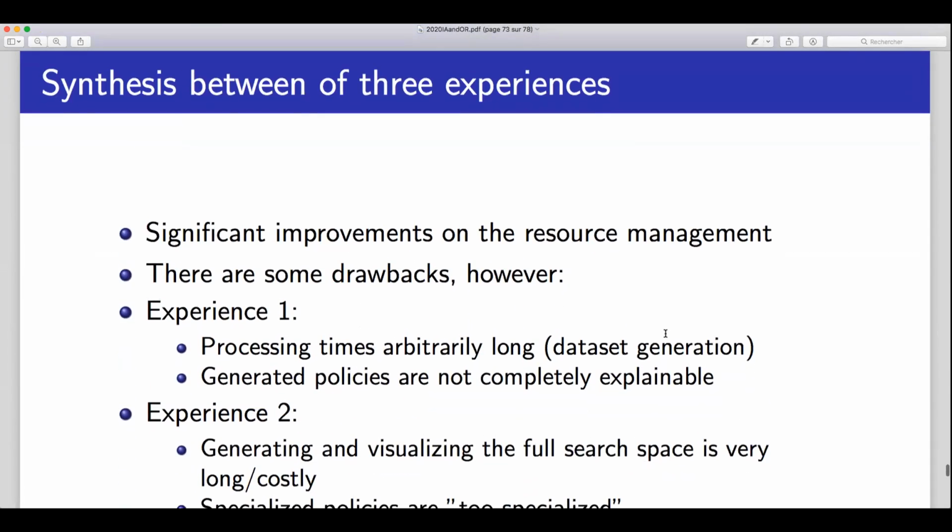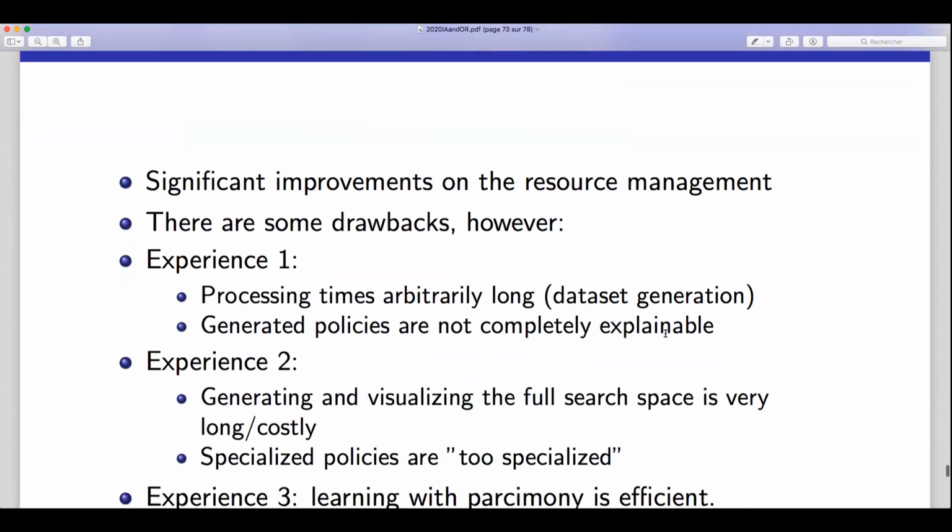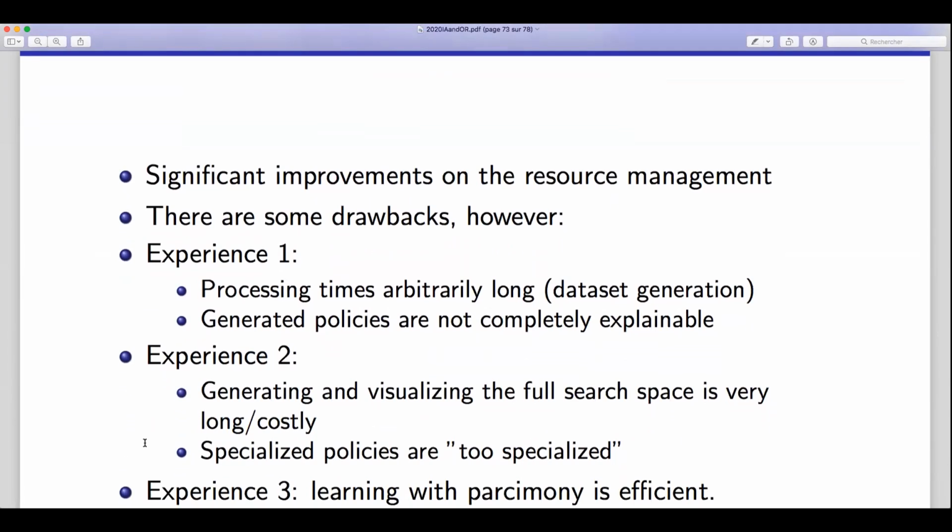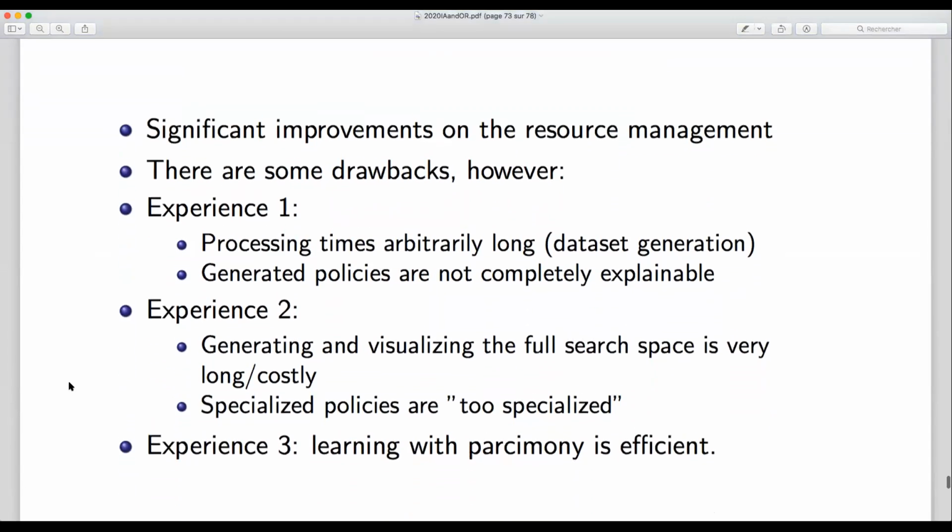So do you have any questions? So here are the, oh, probably it's a bit, we have probably time for,